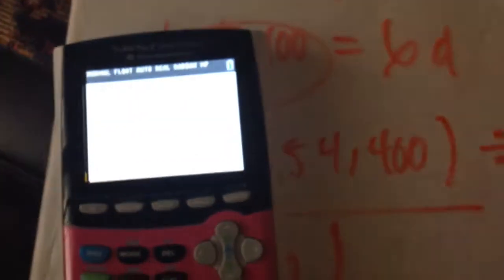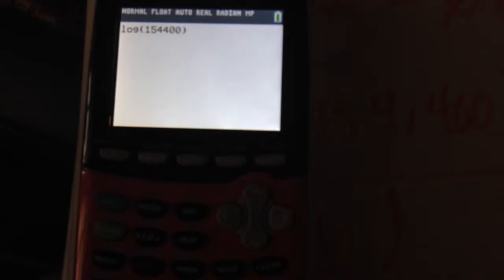Hold on. I made a mistake. See how I didn't press divide? So let me do that again. So log, once again, 154,400. Close the parentheses. Divided by, see how it pops up that way like I showed you guys? Now, log again, and then 6, close your parentheses, equals